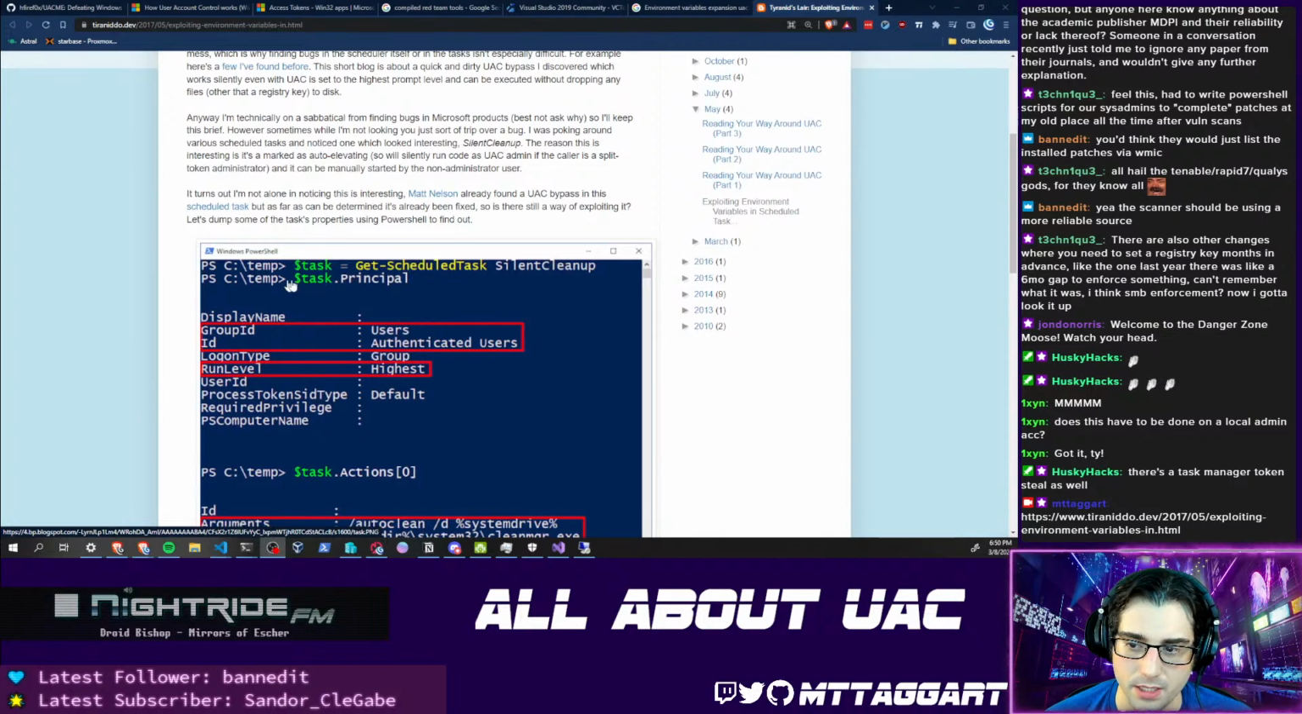Look at the scheduled task, and they're looking at the principal for each scheduled task. That's a lot of Windows stuff. So let's start at the basics, right? What are scheduled tasks? Scheduled tasks are one of my favorite things